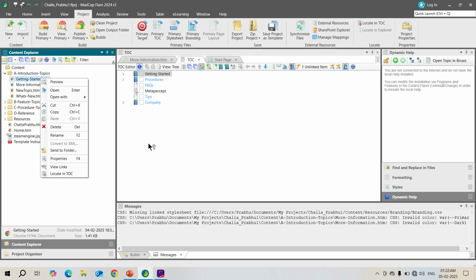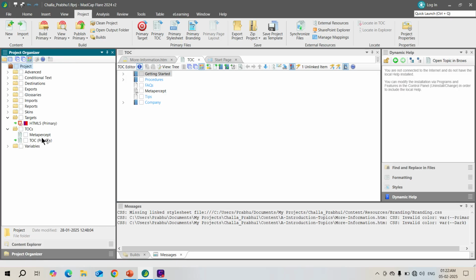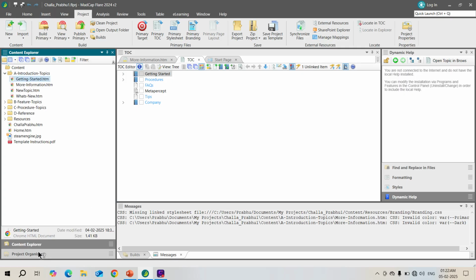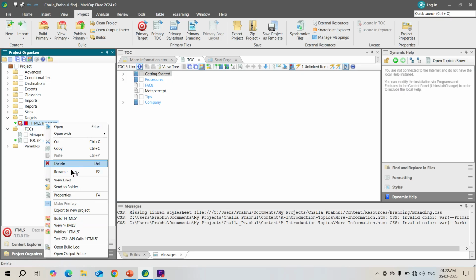So you can have multiple table of contents. Here I've got two table of contents. One is called the TOC, which is the primary one which you are seeing now, and I also have the meta percept one here. So why did I do this? Let me generate the file and show you what actually happens. I'll come to the primary file. I'll just build this file for you,